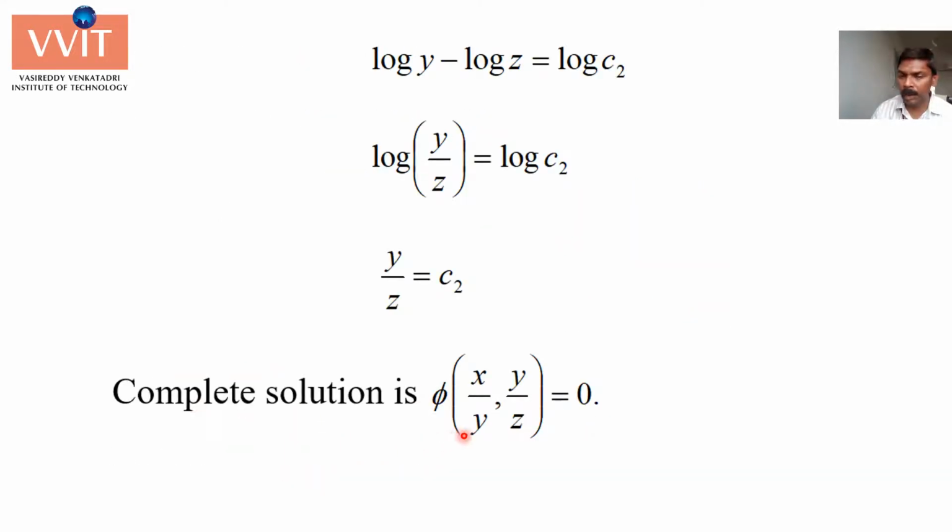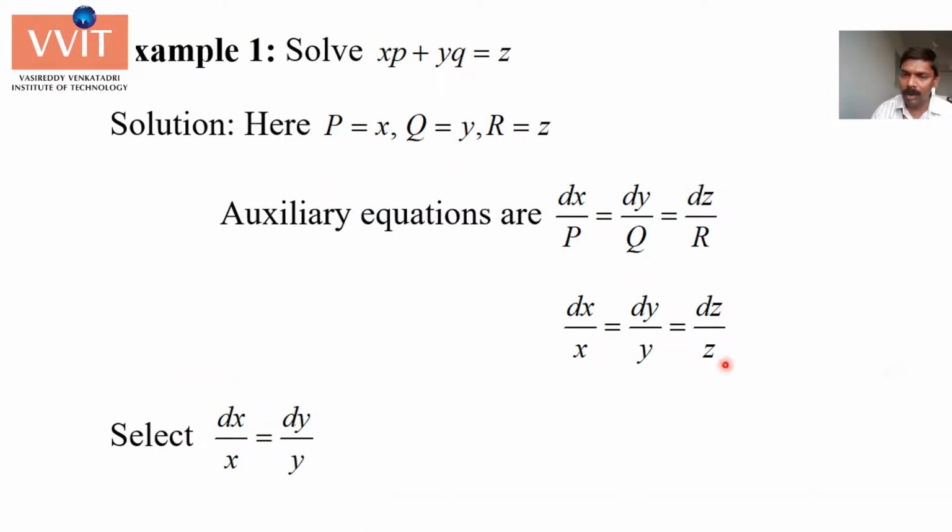One more time I am telling, you have to select carefully such that integration is possible. If you select 1, 2, you should not have z in that. If you select 2, 3, you should not have x in that. If you select 1, 3, you should not have y in that. So like that we need to do the selection. As far as this problem is concerned, all three selections are useful, but 2 are enough to conclude our problem. So I have chosen 1, 2 and 2, 3.